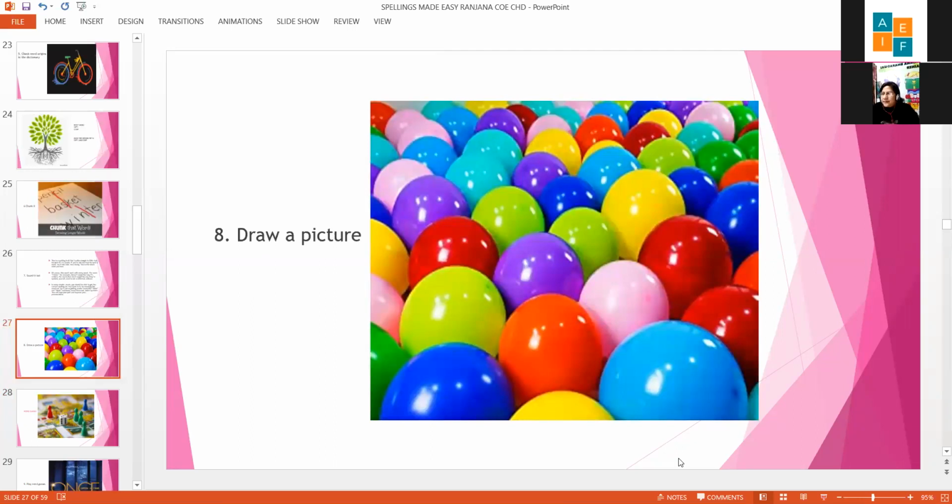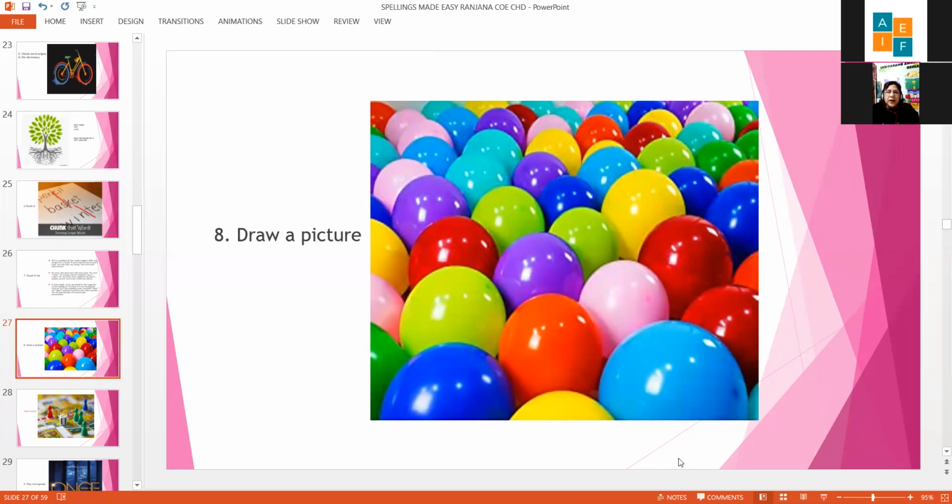Have you tried this? And what can we see in the picture? We can see a lot of balloons. Again, this is a word which is misspelled. They say 90% of the time a child misspells this word. So he does not know whether it is a single O or a single L. So if you write this word, just write it on a piece of paper. The correct spelling would be